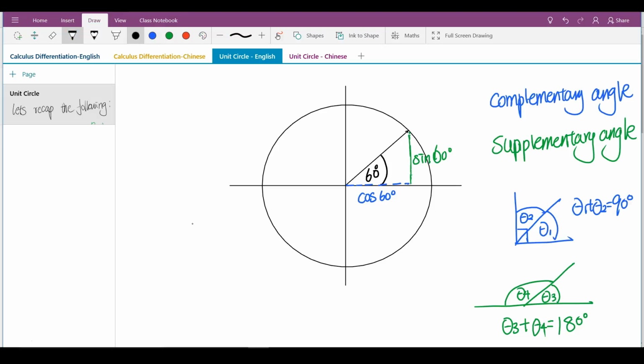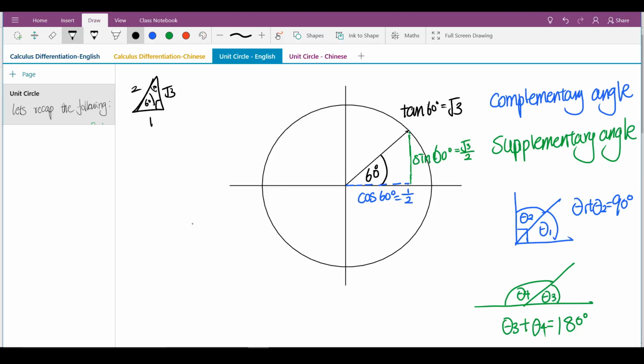Remember our special triangle: 1, root 3, 2, with angles 60 and 30. So we know that sine 60 is opposite over hypotenuse, which is root 3 over 2. Cosine is 1 over 2. And tan will be root 3. That's easy. We've got an exact value for an angle. Great. But what happens if